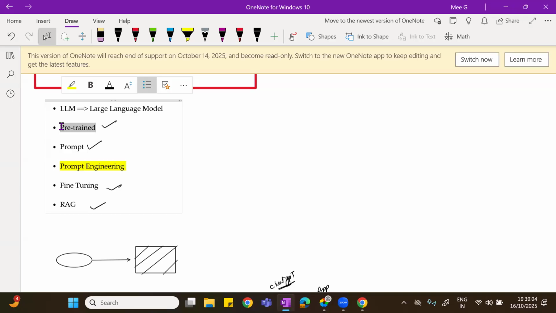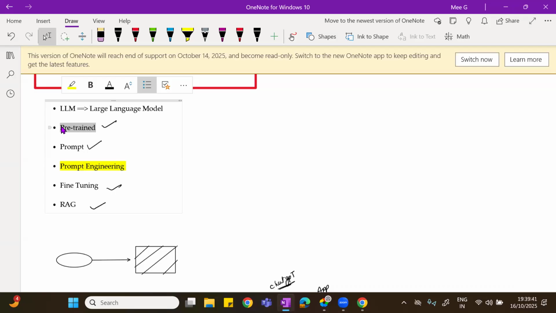Fine tuning is when you take an already trained model and retrain it with your own data. And what is RAG? RAG is an approach where we ask a question, and along with the question, we provide some documents, so that with the help of those documents, the LLM will answer the question.